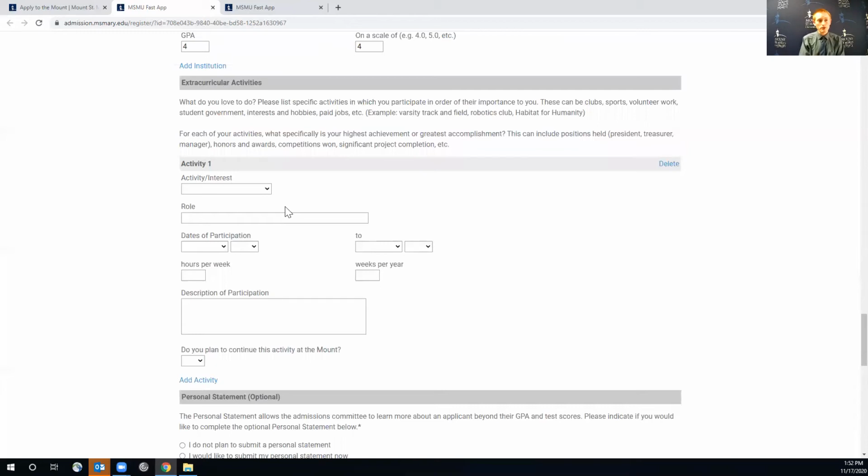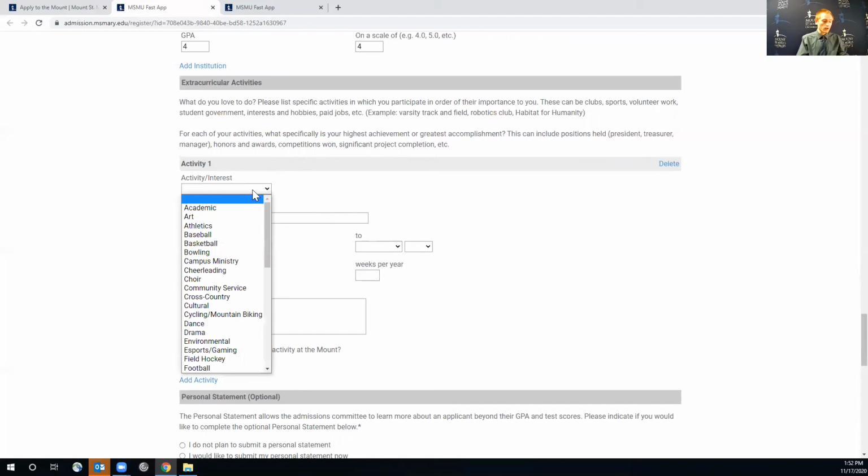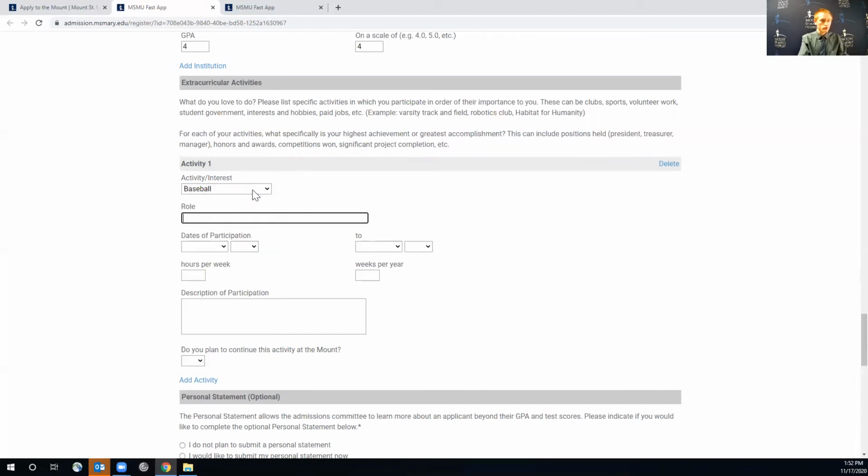It's good for them to be able to see the other things you're involved with in high school, be it sports, drama, other activities. Be sure to list those in here so that we have the chance to learn more about you outside the classroom. It's really quick, and you can choose to include as much information as you'd like. It goes into pretty good detail here if you want to explain more about what you do, how often you do it, what position you play if it's a sport, what instruments you play if it's a band or a musical club,